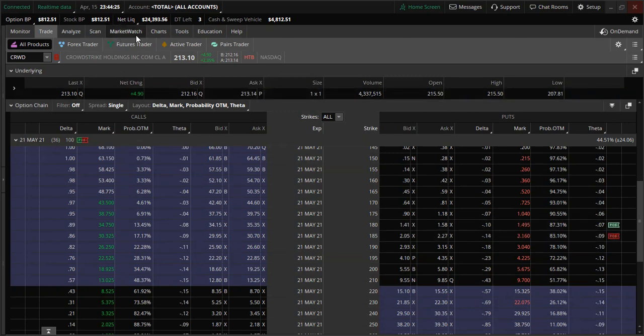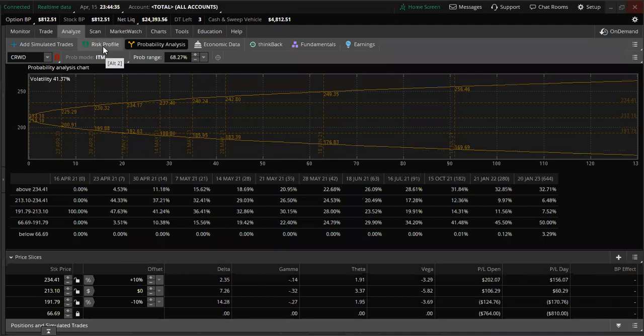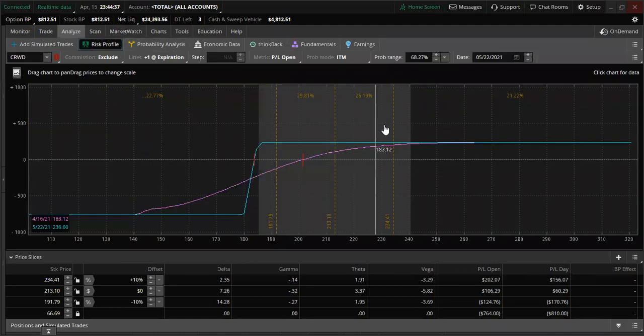And what I'll do is I will go to a probability chart or risk profile so I can show you on this how the trade is set up. My profitability starts right here, which is my break-even point. Now, my break-even point is where I start to lose money if the price of the stock goes beneath this